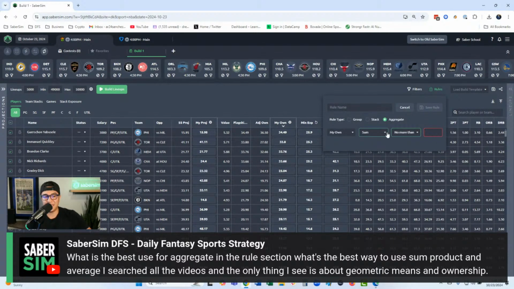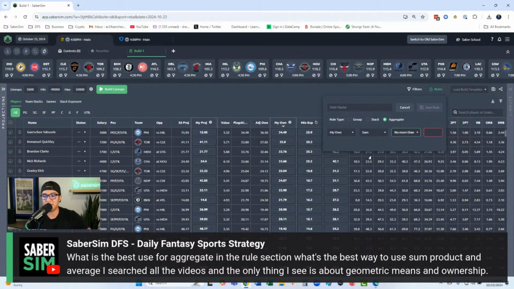Don't think just because something is here that you have to use it. It sounds like you're kind of looking for a reason to use it. Like, hey, what is the best way to use this? I always say rules are something that you should use when the builder is doing something you don't want. And if you can find a reason to use it and have this be useful for you, great. But don't just try to use it just because it's there, right? You're not losing anything by not using it. To tell you the truth, I don't use these at all.